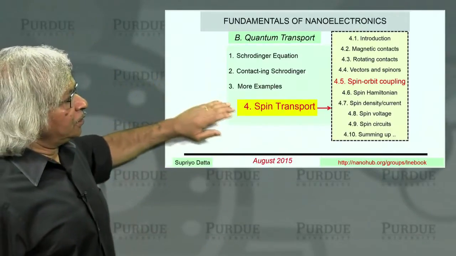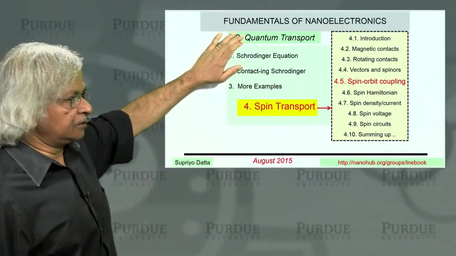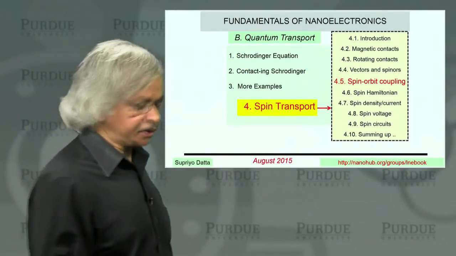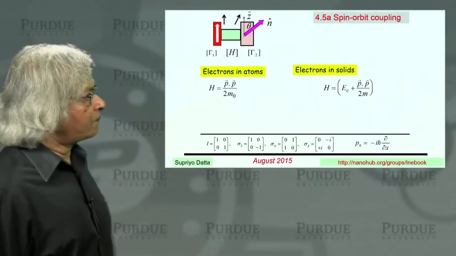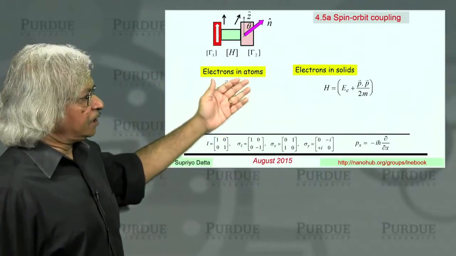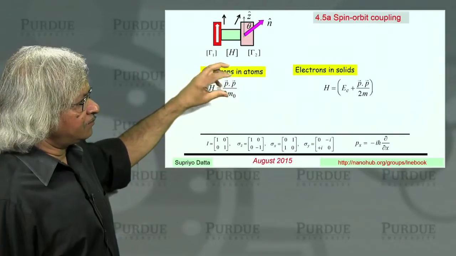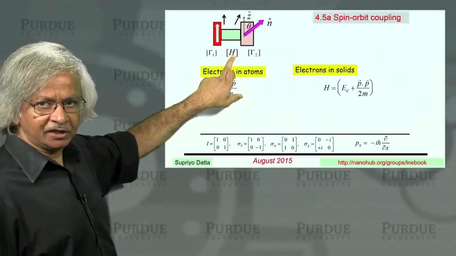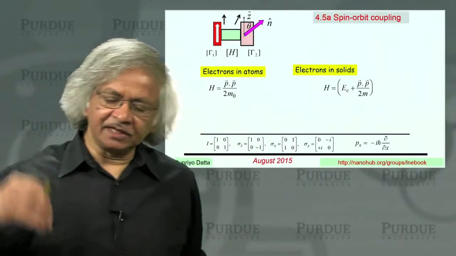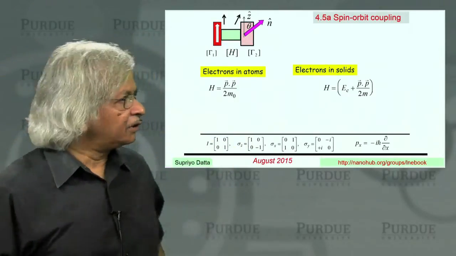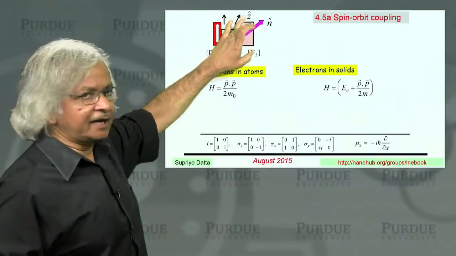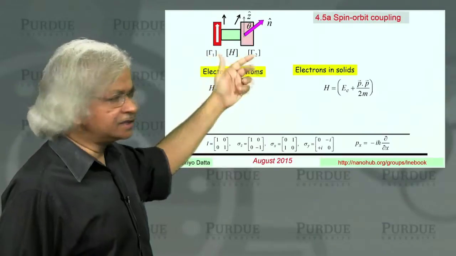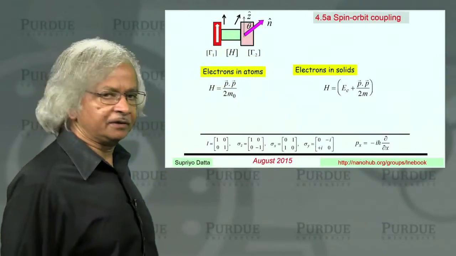Welcome back to Unit 4 of our course on quantum transport, and this is the 5th lecture. Now, in this lecture, we want to talk about some of the spin-dependent properties of the channel that come in through this H. Like in the previous lectures, in like 2 and 3, we talked about magnetic contacts and how the spin-dependent properties enter through the self-energies. Now we are talking about the channel.